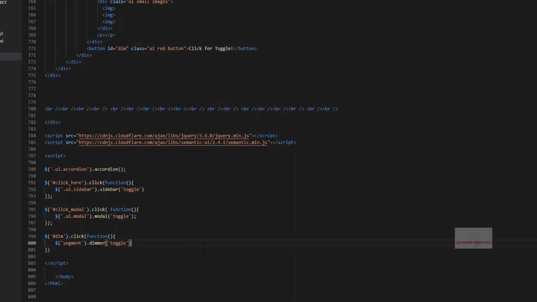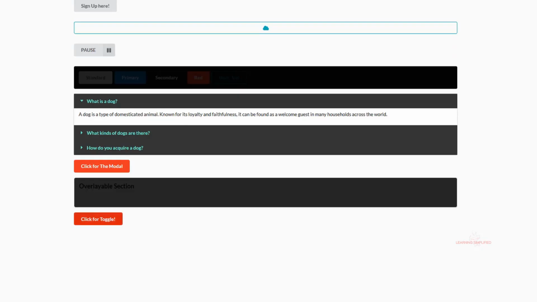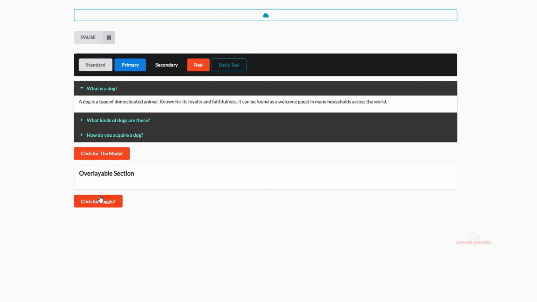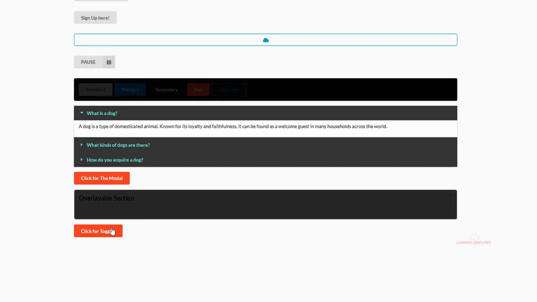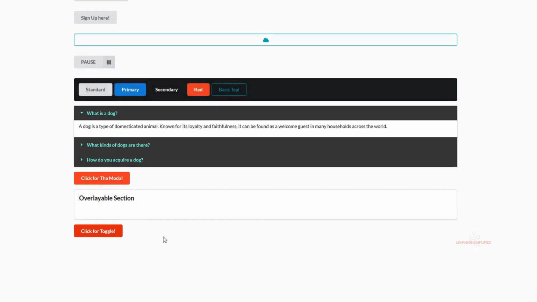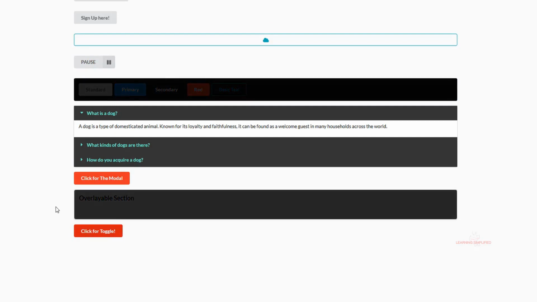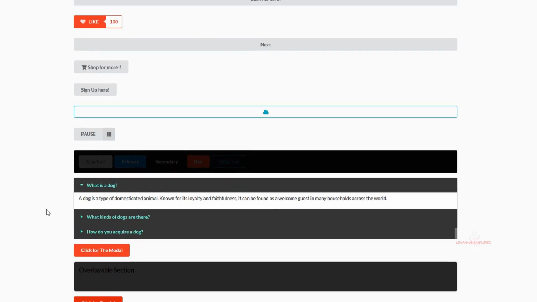Now if we press Ctrl S first of all, we can see that we are almost about to make a definite mistake. So instead of segment, it is actually dot segment, and this is the toggle here. So if we now press Ctrl S and head back to our project and reload, we can see that on toggling the same thing is now happening, that each and every container which has a class of segment is getting this overlayable section.